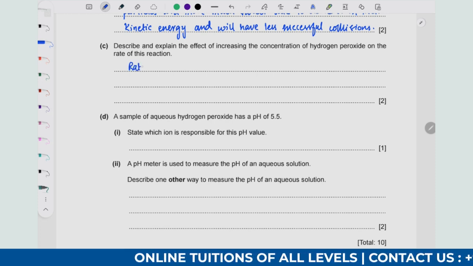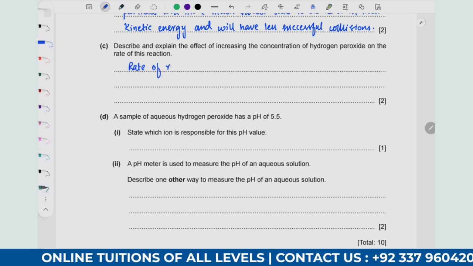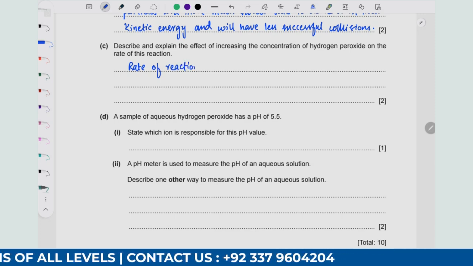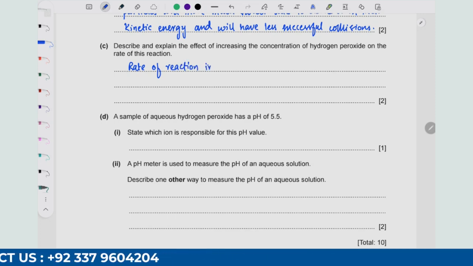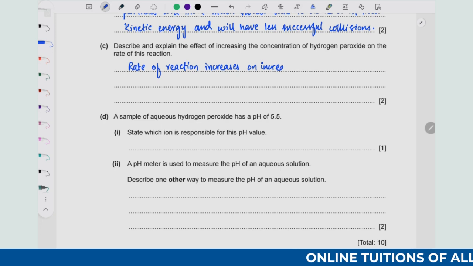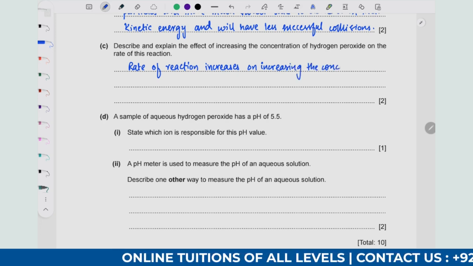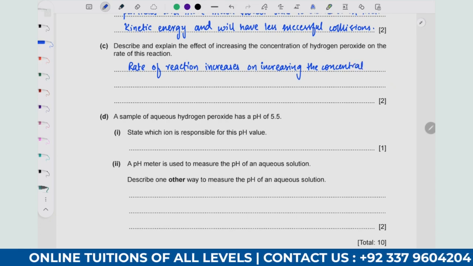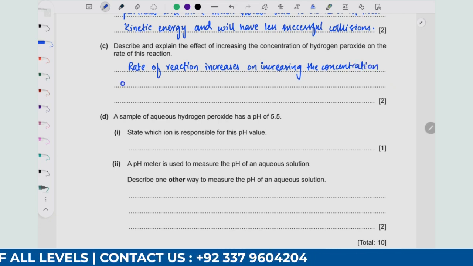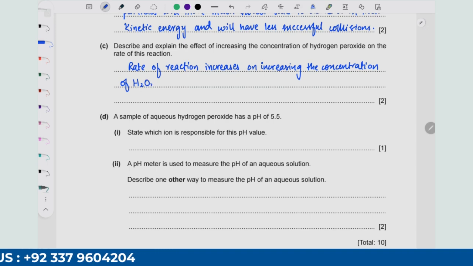So the rate of reaction increases on increasing the concentration of H2O2,